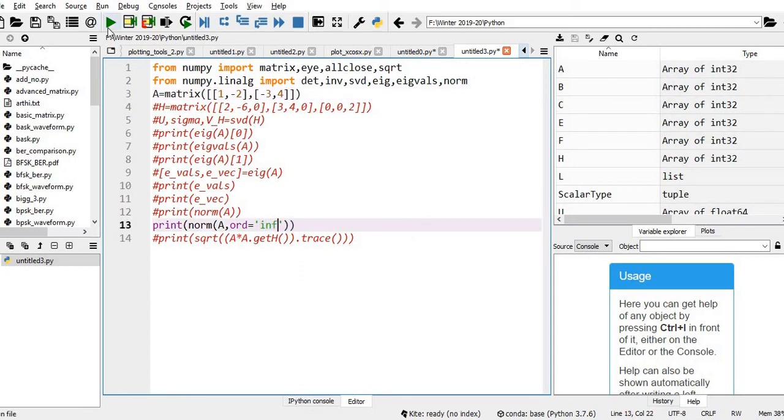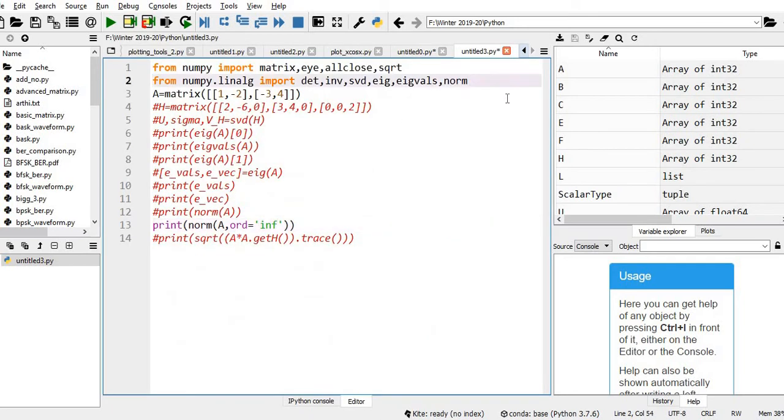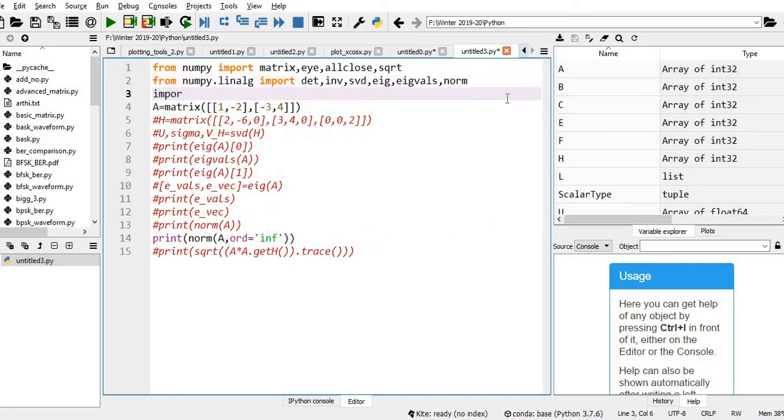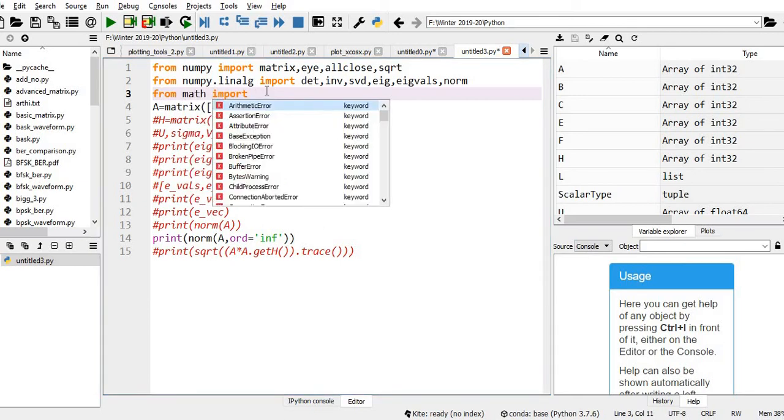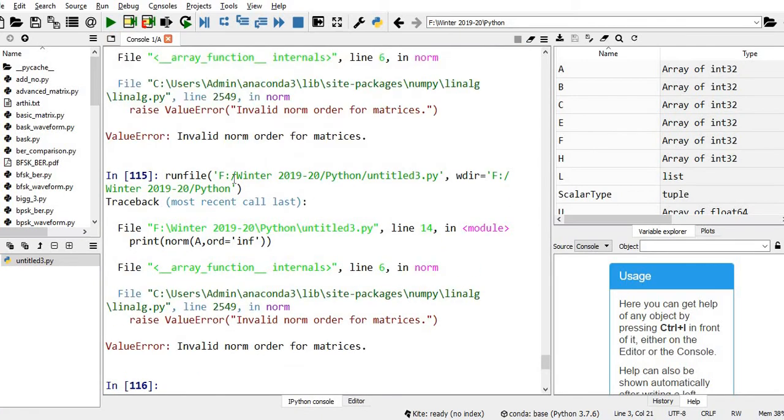Again, you just see, you will get some error: invalid norm for order of matrices. So let me import inf from the math module, import infinity. Let me try whether it is working or not.